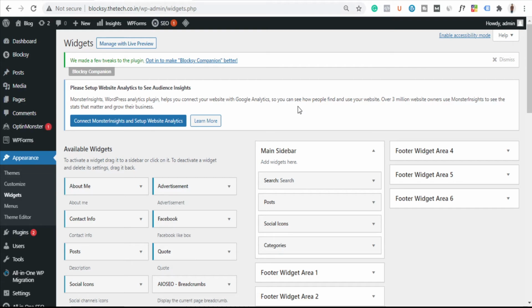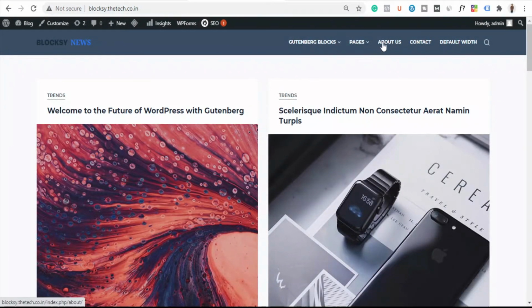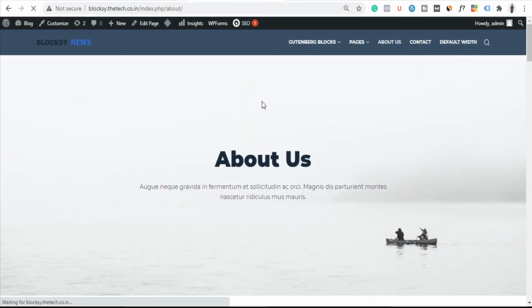Okay, so now I'll explain how you can edit or add pages. Let's choose any page. I'm choosing this About Us page here. As I told you, since we're not using any page builder like Elementor, as we install the theme, it automatically installs a block editor called Stackable. So we'll be using that to edit our pages.